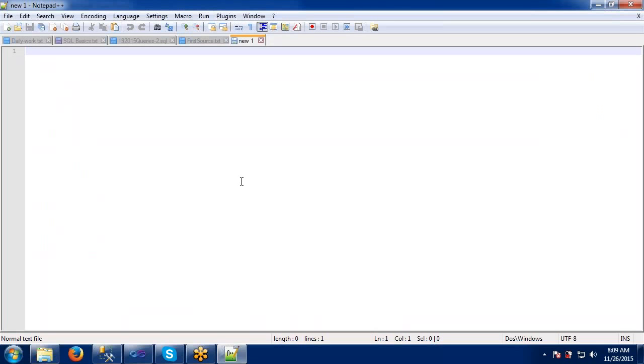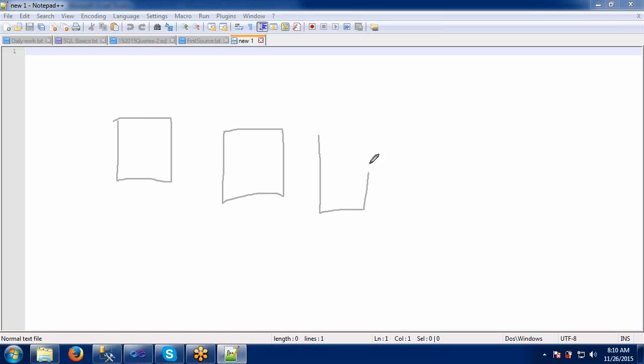Till now we have seen the different outputs. Now I have 4 flat files here.